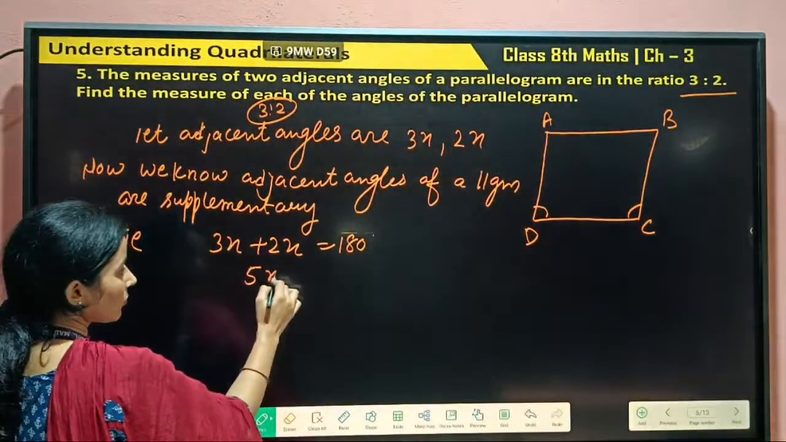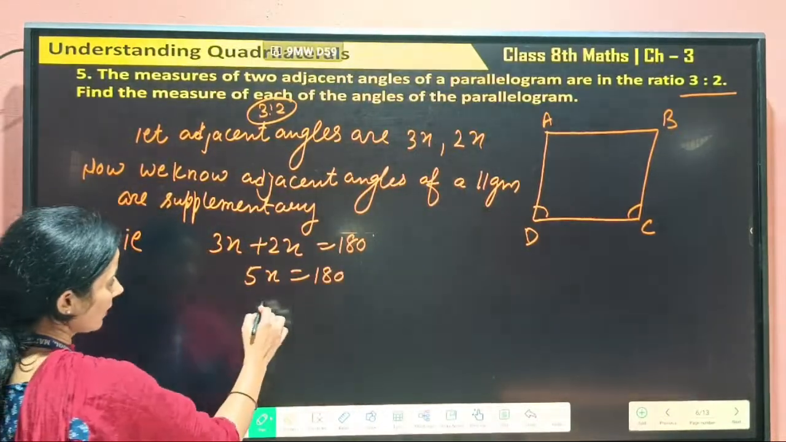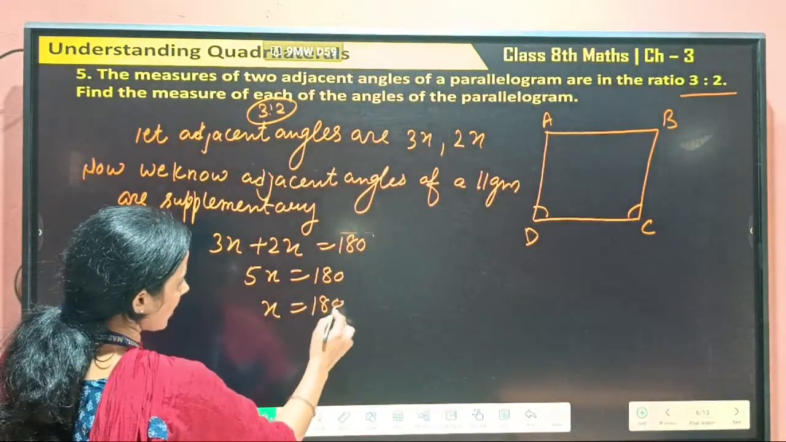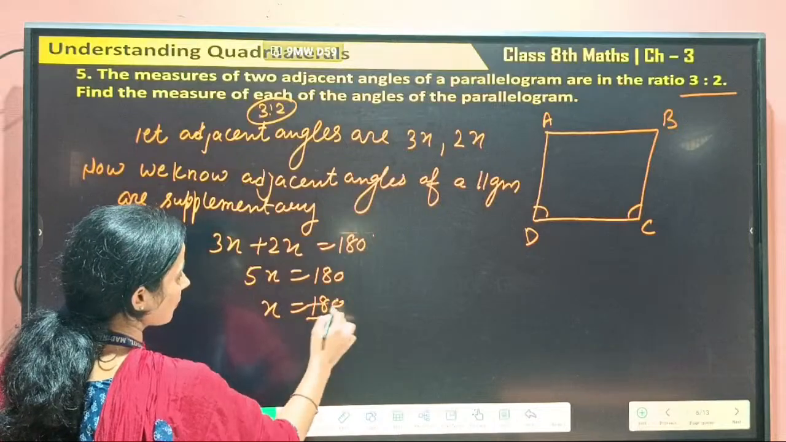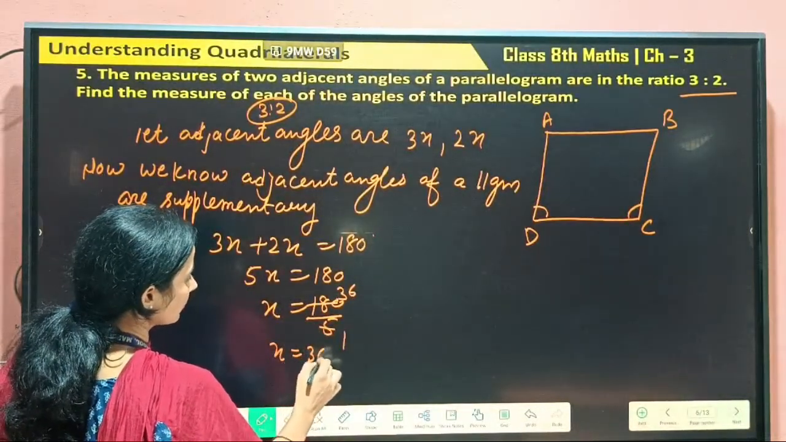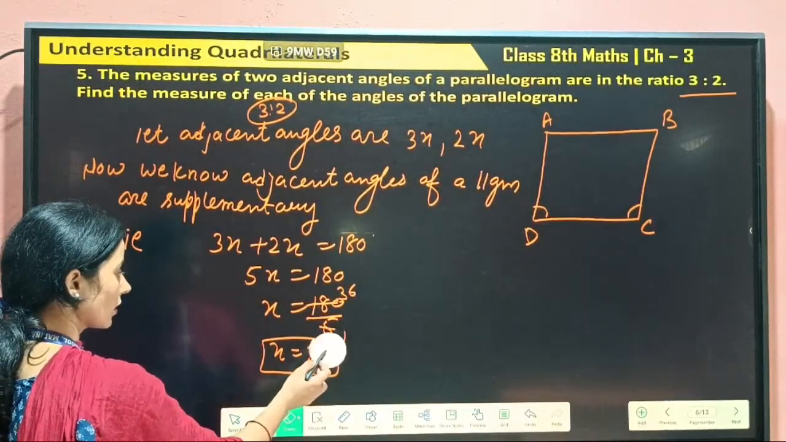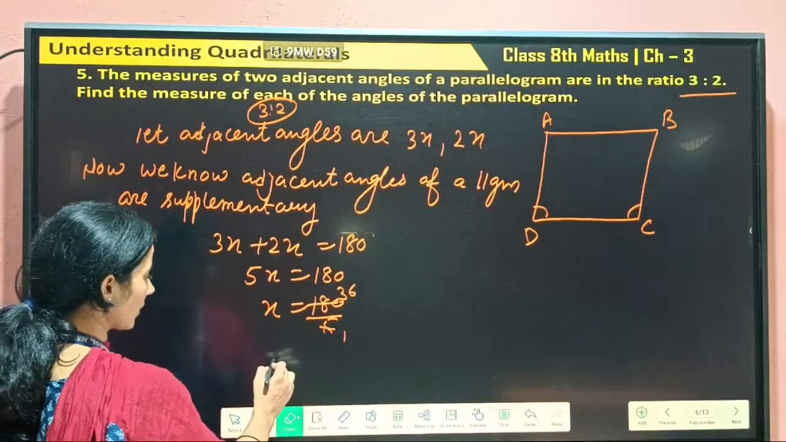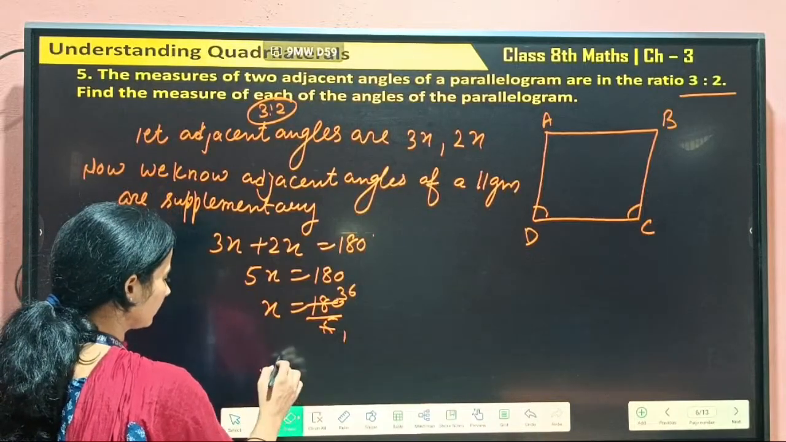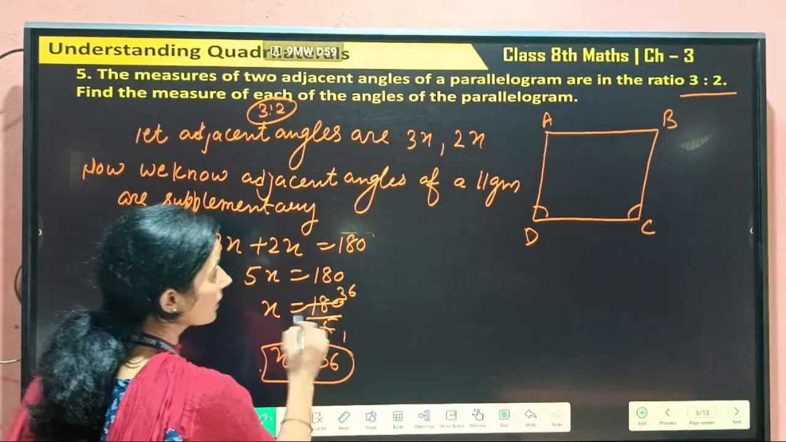Now 5x will be 180 degrees. After that, simplify. x is equal to 180 by 5. 5 1 is 5, 5 3 is 15, 5 6 is 30. x is equal to 36. It's not degree, it is just a value. x is equal to 36. Now the angles are